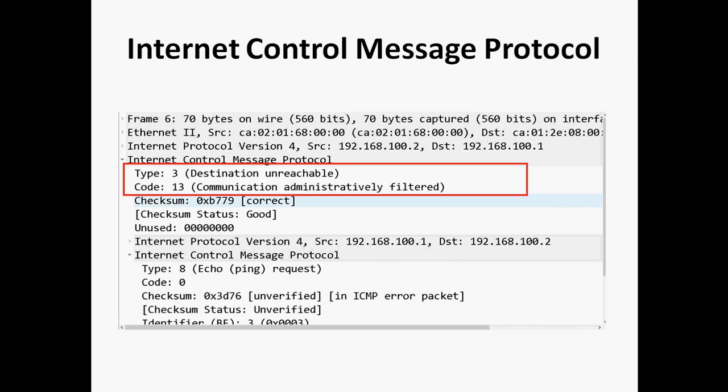If you know all the types and what codes each type has, it is easy to troubleshoot. It will be very helpful for troubleshooting in a production network. If you already know, then once you see this code, you can tell that there is blocking of ICMP traffic. Likewise we can identify it easily. Below we can see type 8 and code 0, an echo request from the R1 router.